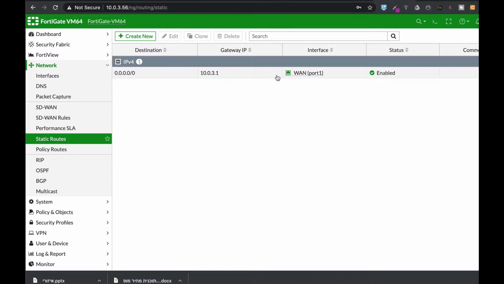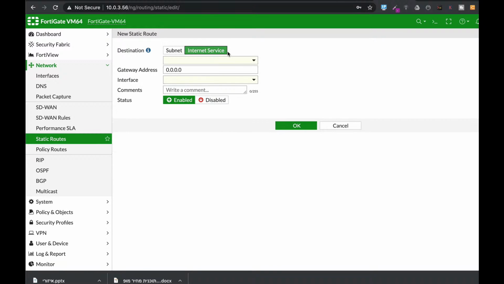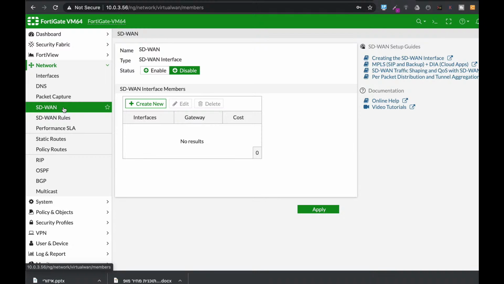Now, if you're using more than one WAN interface, you can create different static routes to each WAN interface and prioritize different internet services. You can also prioritize the interfaces. You can even use SD-WAN rules and performance SLA. Now, we will look at a case where we have only one WAN interface, and we will do it using